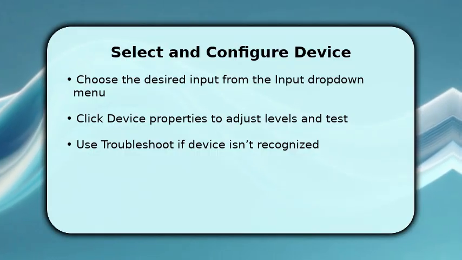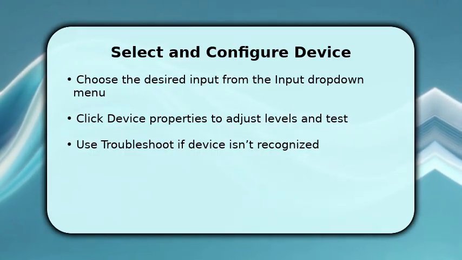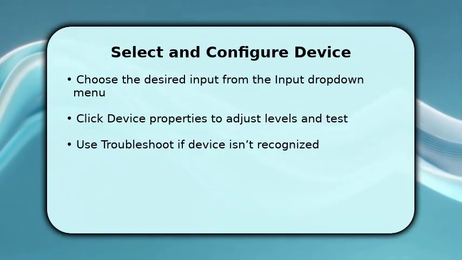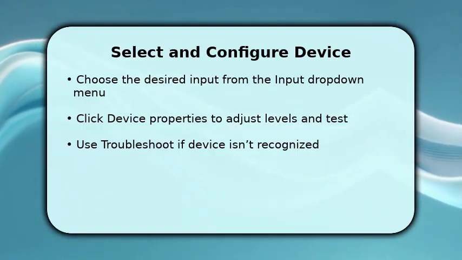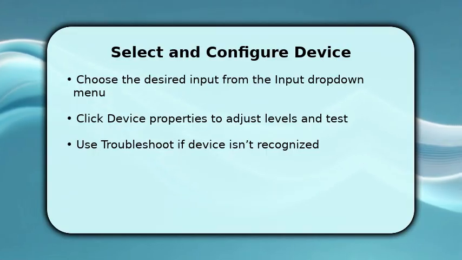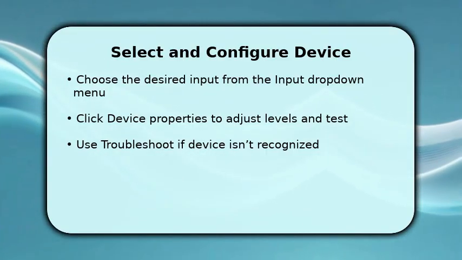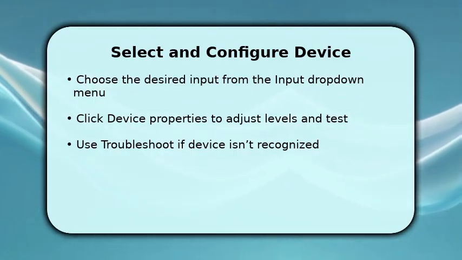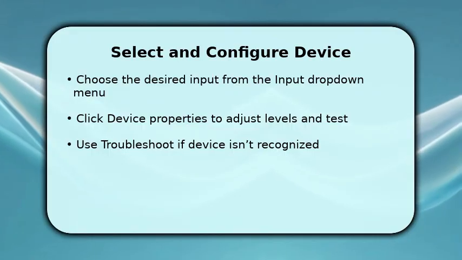You'll then click Device Properties to adjust volume and test the mic. Raising gain helps quiet mics, while lowering prevents clipping. Make sure the correct format is selected in Additional Device Properties if available, because sample rate mismatches can cause noise. If your mic still doesn't show or has poor audio, run the built-in troubleshoot tool to diagnose drivers or hardware